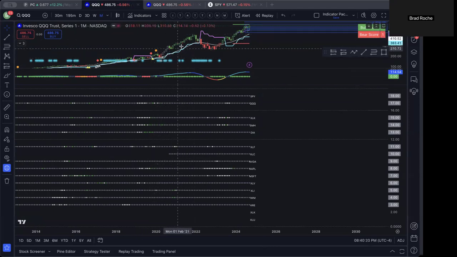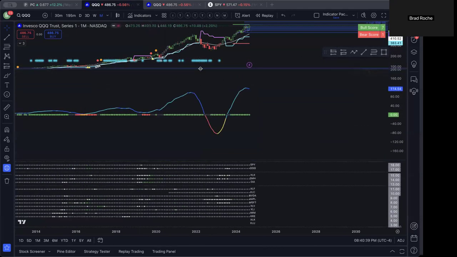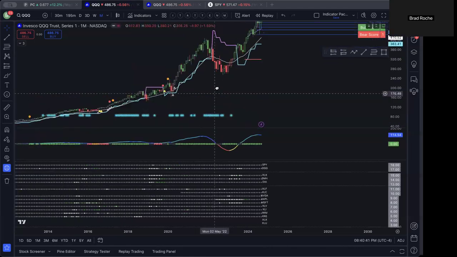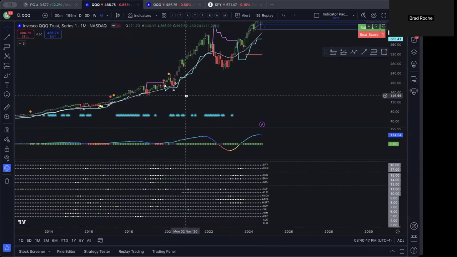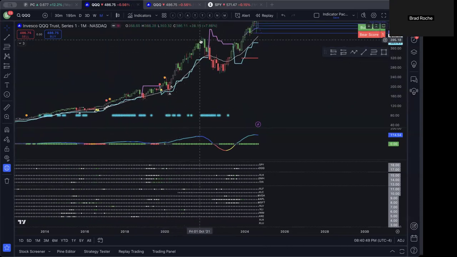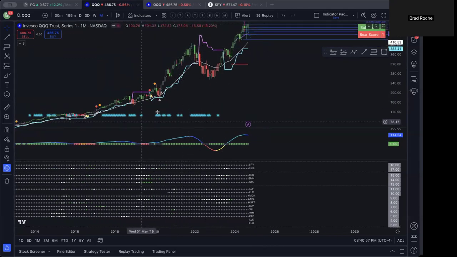So you would have been in for a minute, but this gave you a perfect entry for a massive move. Not to mention that there were buy signals back here, buy signals right here, an A plus signal right here, regular buy signals right here, and then boom, there was your move up. And there's this massive move from $200 all the way up to 406. So over 100% return on your investment